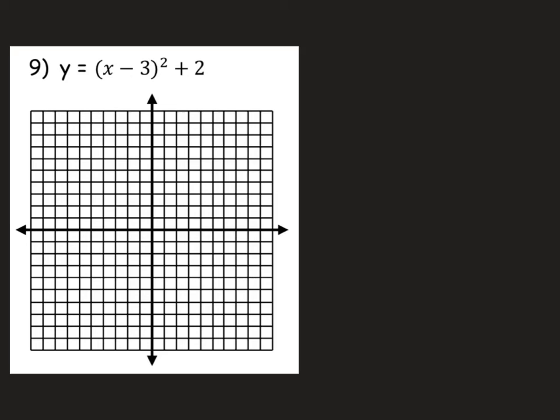And lastly, we have one in Vertex Form. So when you're in Vertex Form, I'll write the Vertex Form again over here. You have a value in the front, x minus h squared plus k. So for us, our problem is x minus 3 squared plus 2. Now this lets us see that in place of h, we only have a 3. It's not a -3 because our original form already had a minus sign. So 3 replaced h